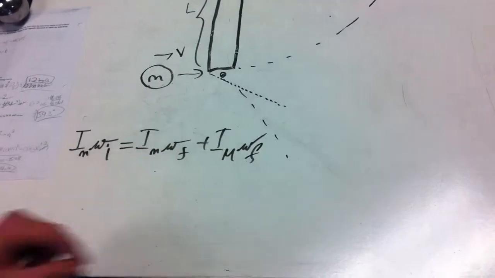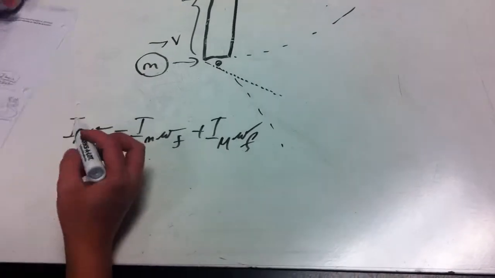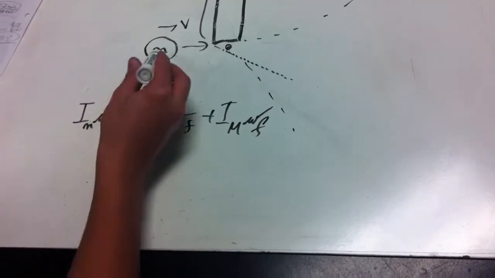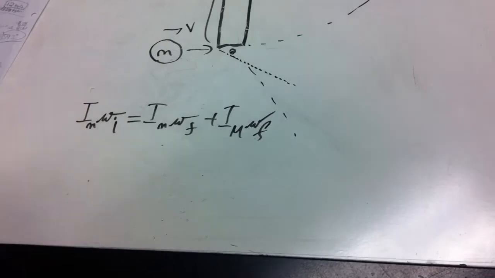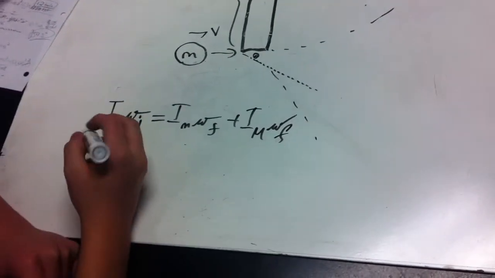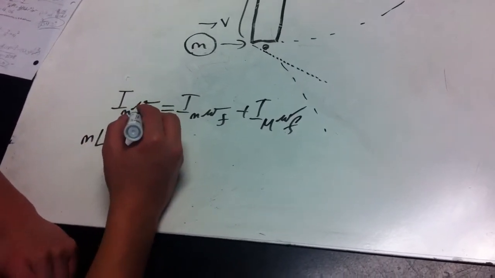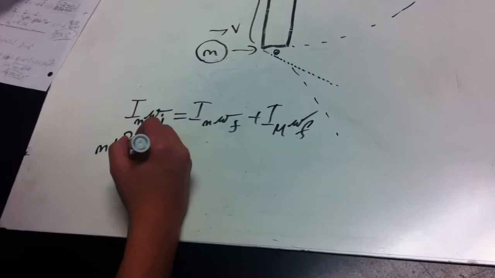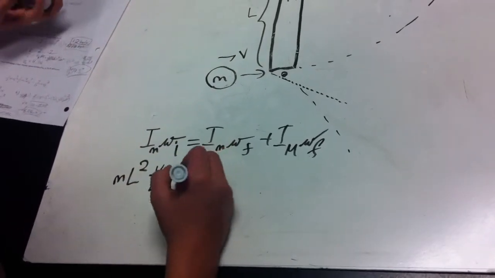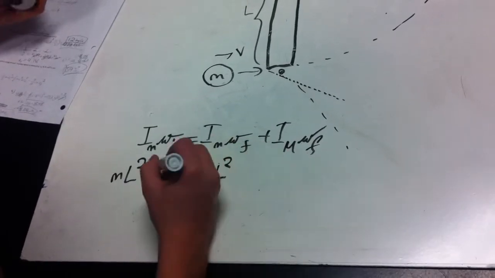We know that the moment of inertia of this small ball is just mL squared. So mL squared times v over L